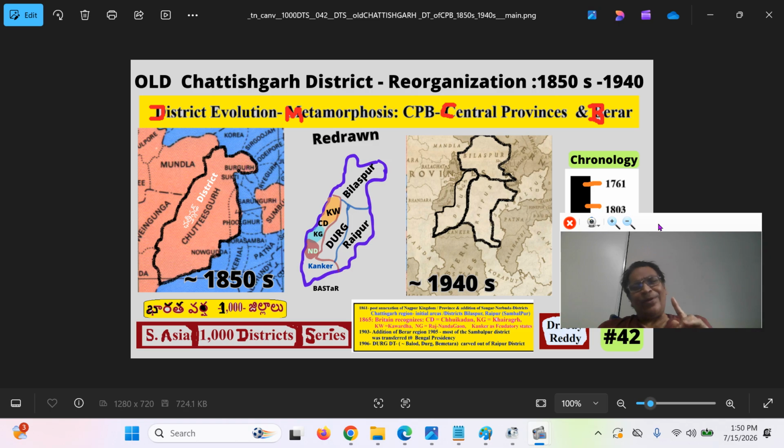That part, your presenter, Dr. J. Reddy, will make very crystal clear, cut through the chase. Old Chhattisgarh district is not a state, not even a region in Central Provinces and Berar or Madhya Bharat. Madhya Bharat is actually the Indore area. District evolution, metamorphosis from CPB,